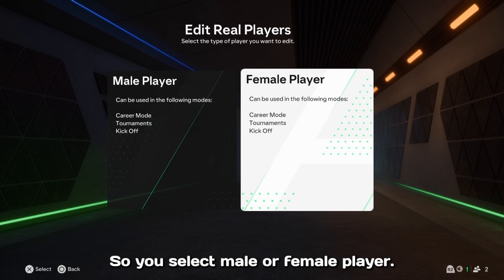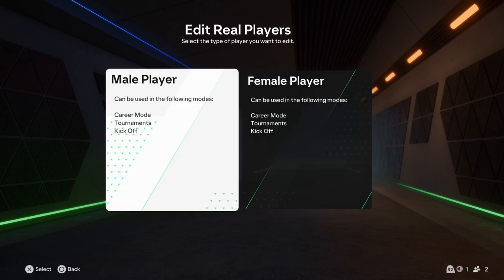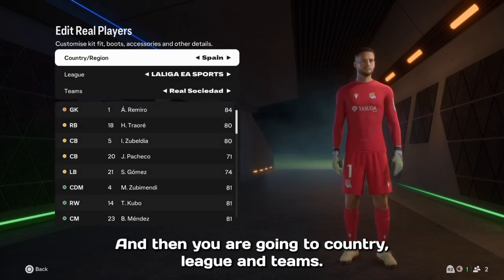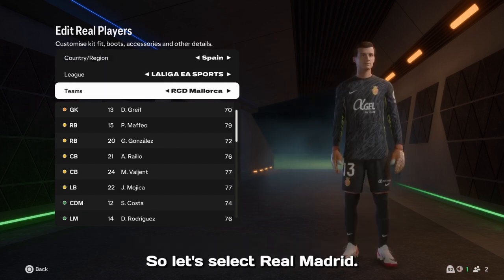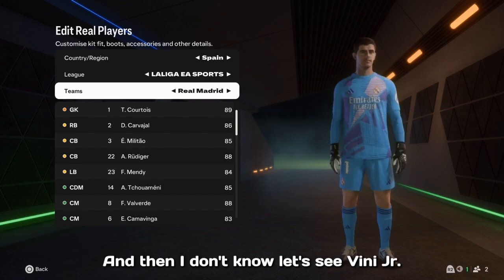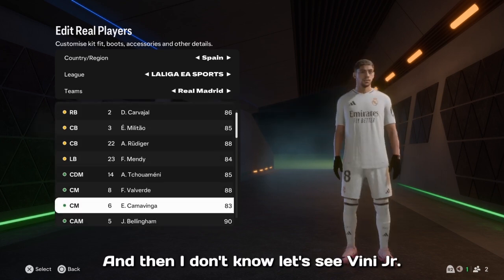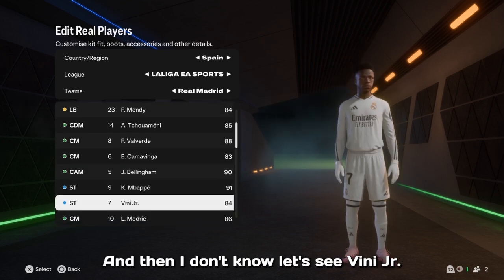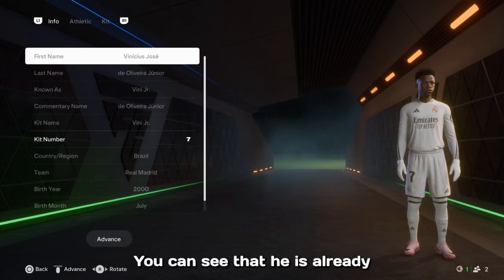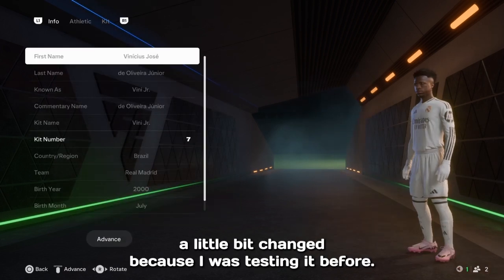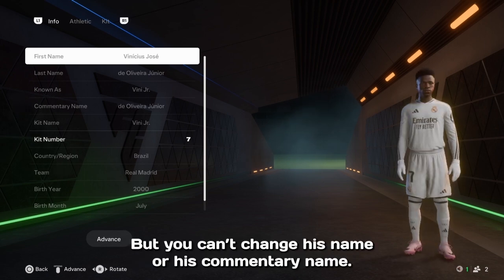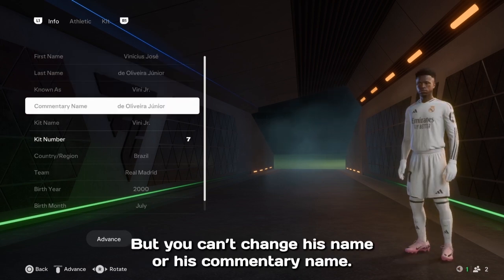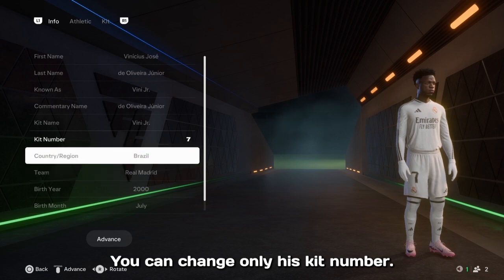So you select male player or female player, and then you are going to country, league, and teams. So let's select Real Madrid, and then I don't know, let's see Vini Jr. You can see that he is already a little bit changed because I was testing it before, but you can change his name or his commentary name. You can change his kit number,